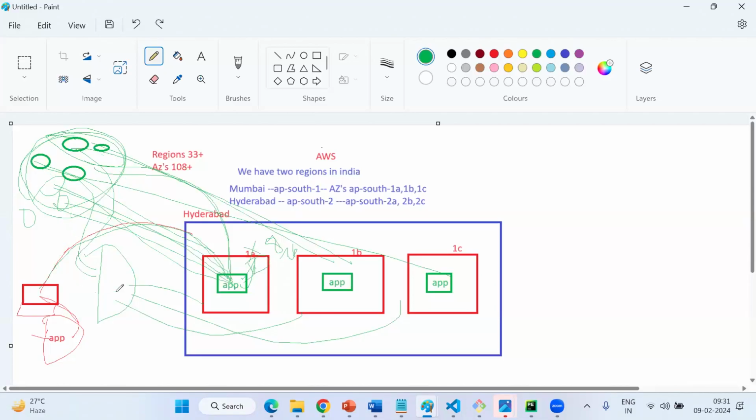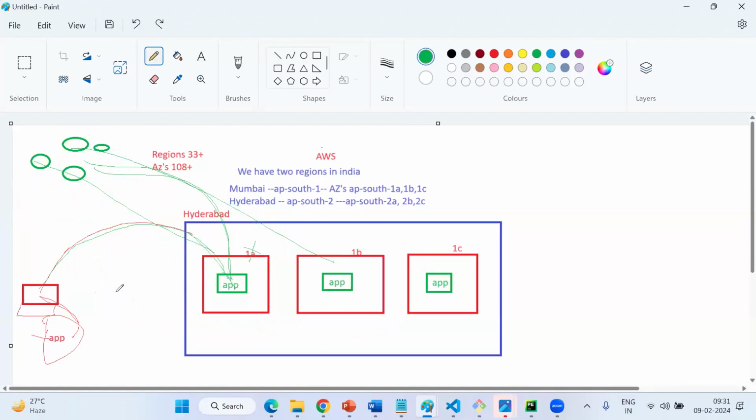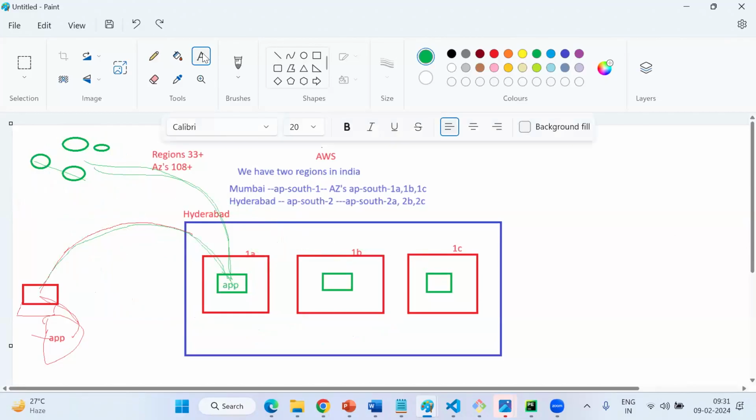Okay. Now my question is, okay, sir, we can create a load balancer, we can create auto scaling. Then do we need to learn any further concepts in EC2? Yes, we need to learn. For example, guys,